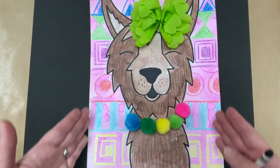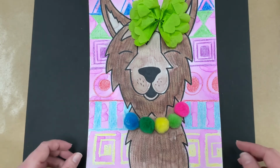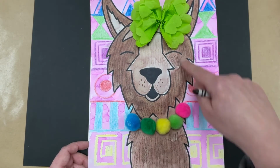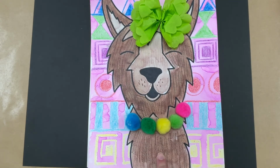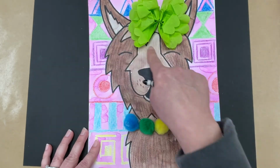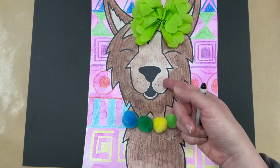So after you have done all that with your crayon, you've made all your designs, you've made your lines and filled each one with pattern, then you're going to use your watercolors. And so you can do your llama first. So teachers, on the llamas, for the outside part of the llama, I used just brown liquid watercolor from the bottle. But we wanted some contrast in the ears and on the nose, so I added water to this. So you can mix up two different batches, one of the darker and one where you add water and dilute it,